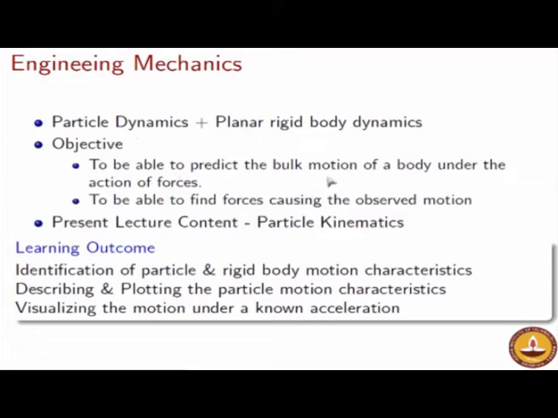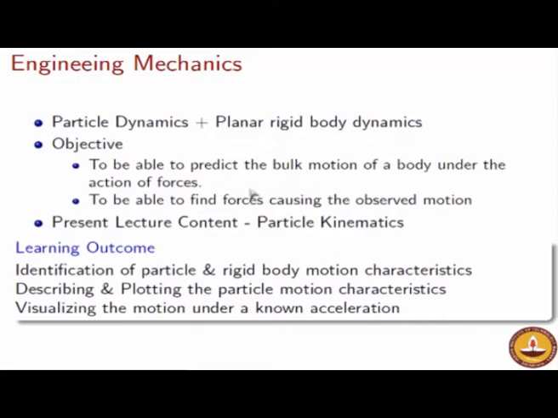The objective of an engineering mechanics course would be to be able to predict the motion characteristics under the action of forces. As engineers, it is very crucial to understand that any engineering component will be under the action of forces. Now these components can either be constrained or unconstrained. In case it is constrained, the effect of forces acting on these components will cause deformation, stress, strain, and if the stress and strain are within acceptable limits, they will not fail, else they would.